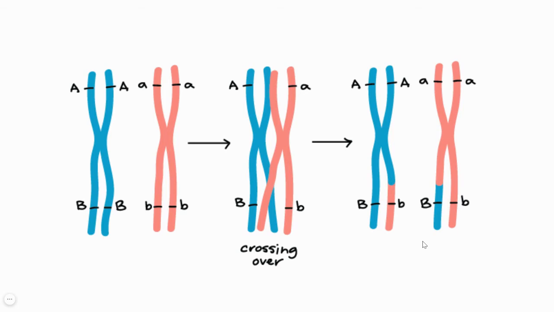So that's why gene A's locus is the same on both the homologues. Gene B's locus is the same on both the homologues. Now at prophase 1, they will intertwine with each other. That is, they form synapse and crossing over will happen. Now when crossing over happens, it occurs at random positions. Let's say crossing over didn't happen over here, but crossing over happened here. So there is a chiasma formation here. Because of the chiasma formation in this region, one of the sister chromatids will swap their chromosome segments. Now look at what happened to the genetic composition of the homologues. It changed.